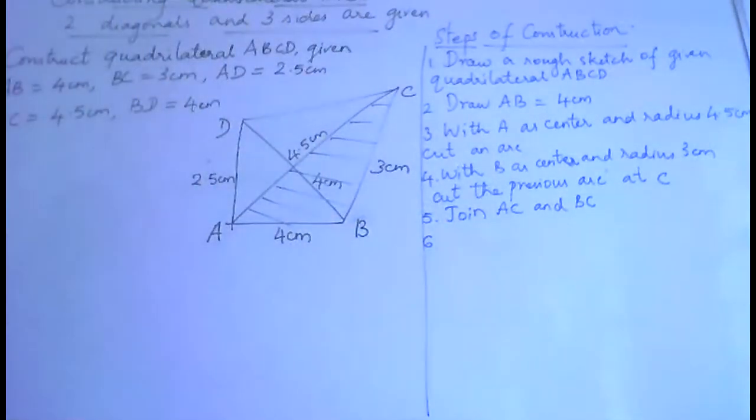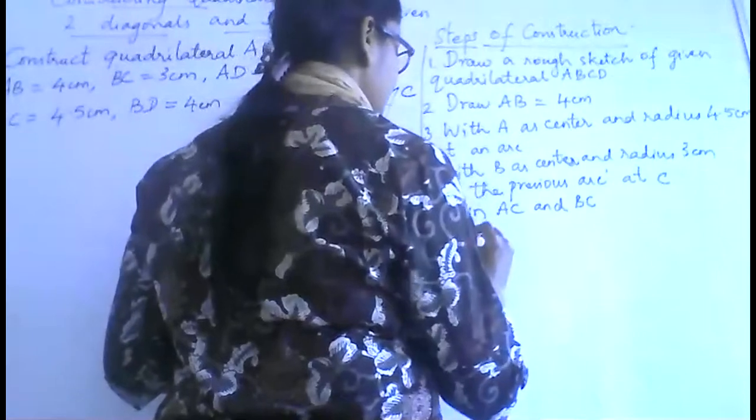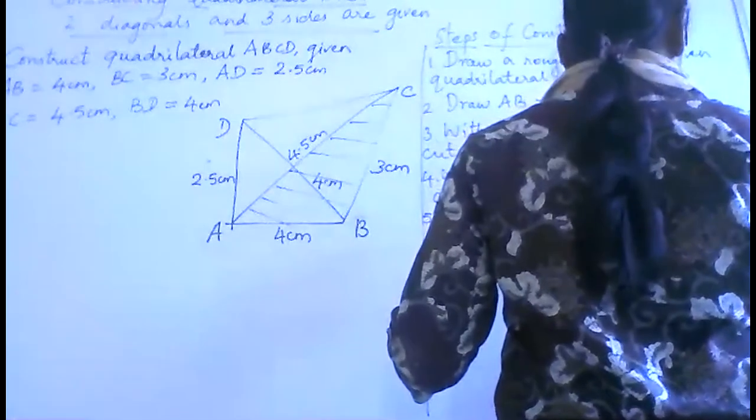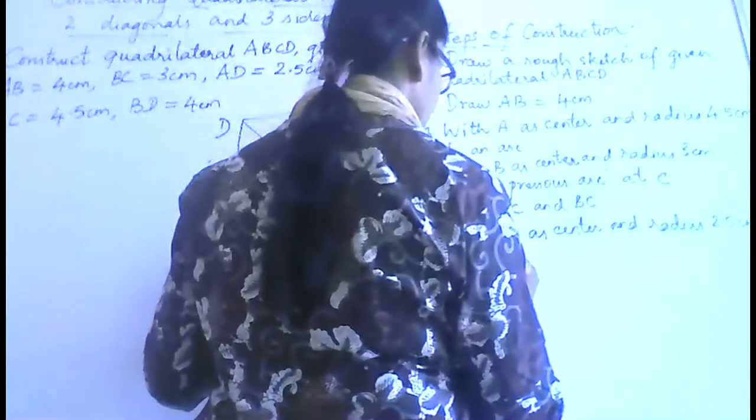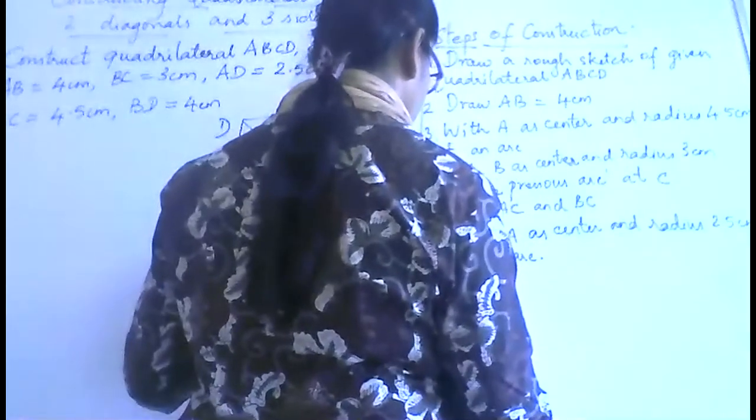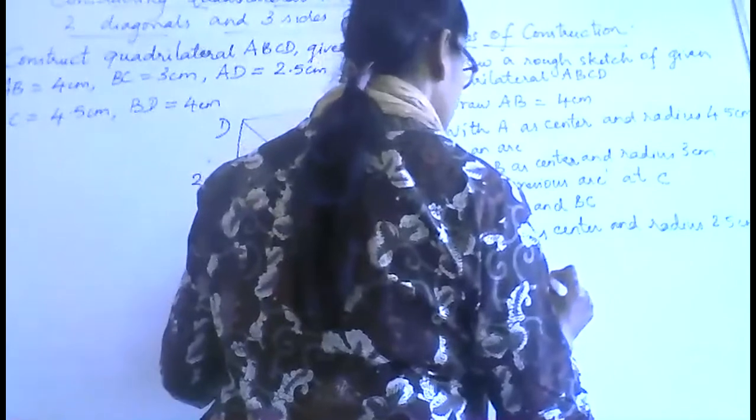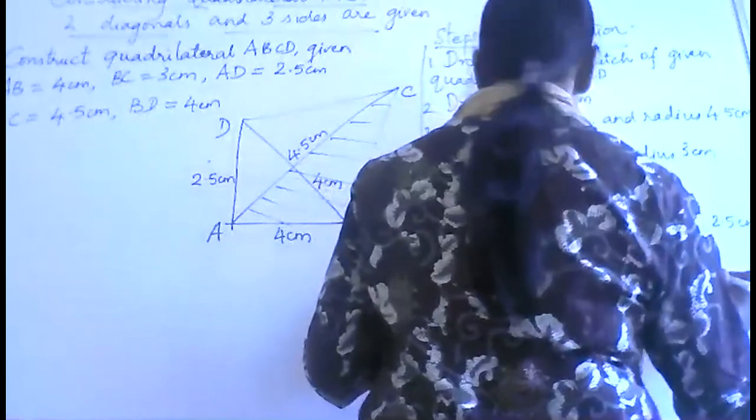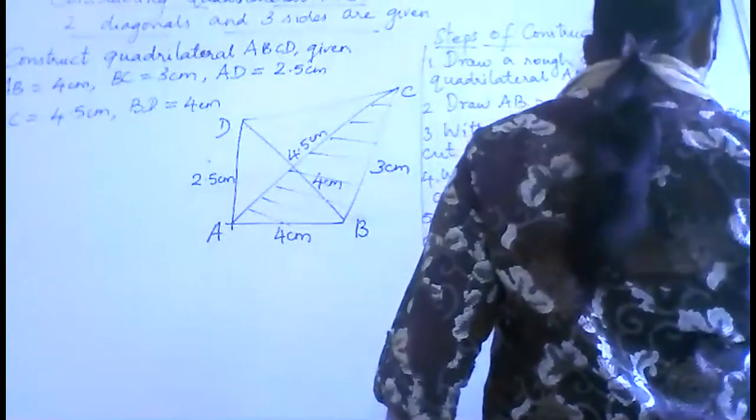So in the same way, you will write the steps of construction with A as center and radius 2.5 centimeters, cut an arc. With B as center and radius 4 centimeters, BD is 4, cut the previous arc